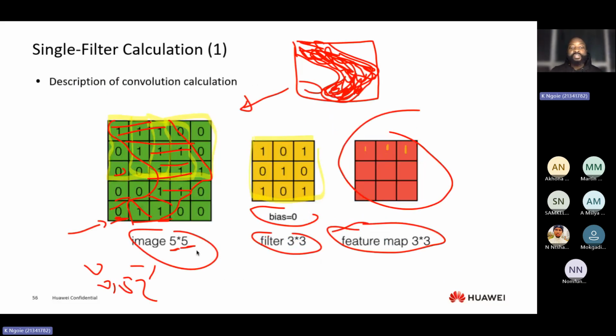So here we have a 5x5, and then we use a 3x3 kernel, and then we can map into 3x3. But if this was bigger than 5, so let's say, for example, we had another 3, or if it was bigger than that,